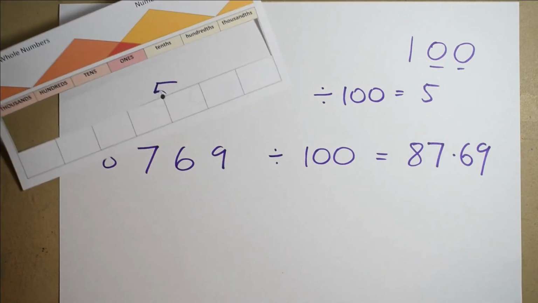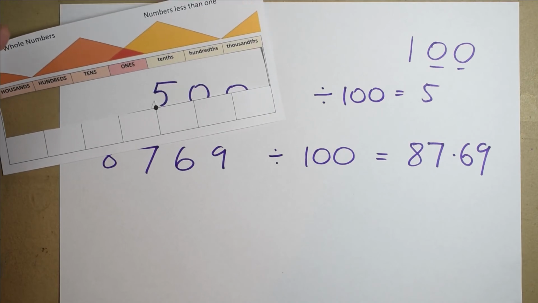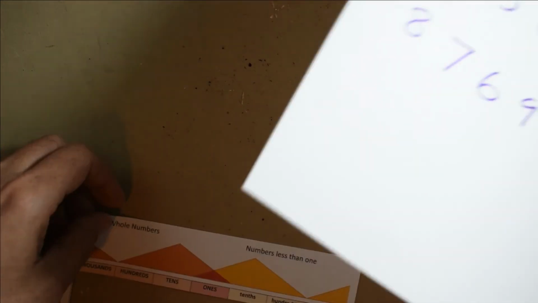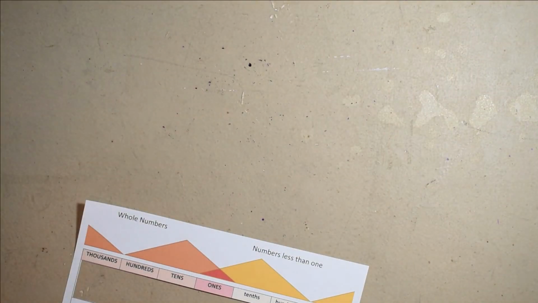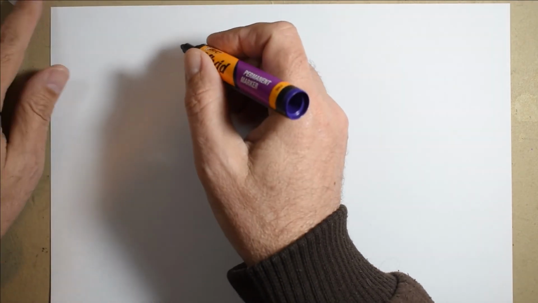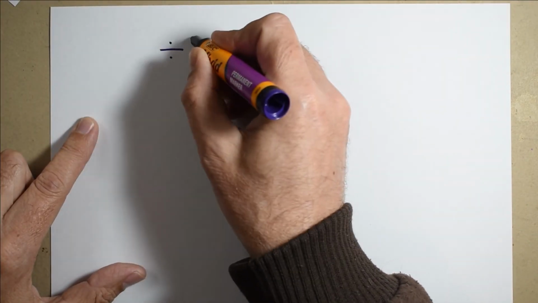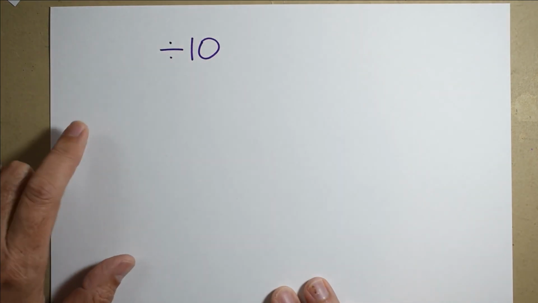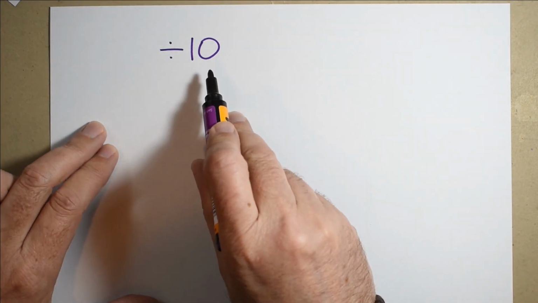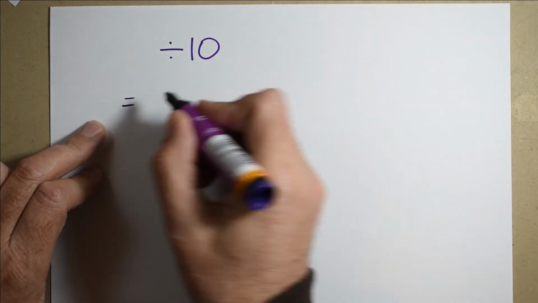Okay, now just want to make sure that I've covered everything. Oh, there is one really important thing about divided by 10s. I'll just switch bits of paper again. A little hint that I hope will help you in the future as well. We've learnt that we can divide any number by 10, and it looks like this as maths symbols. We can say divided by 10. I want to say to you that there's other ways you can think about divided by 10 that are also useful. It is the same as